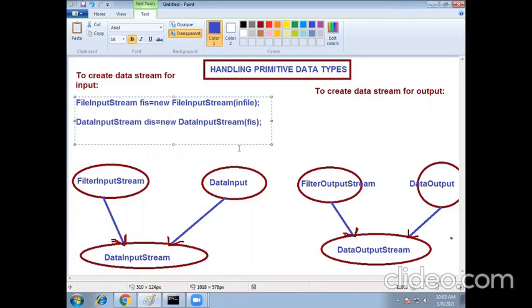Now it converts this FIS as a regular file. This is to create a data stream for input.